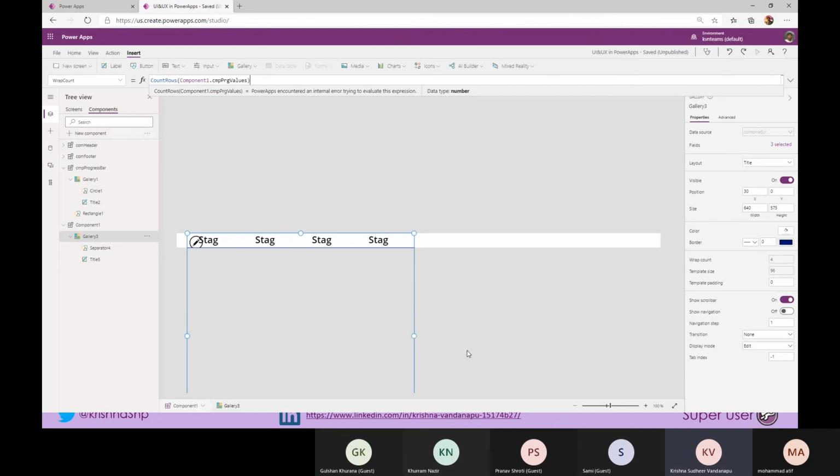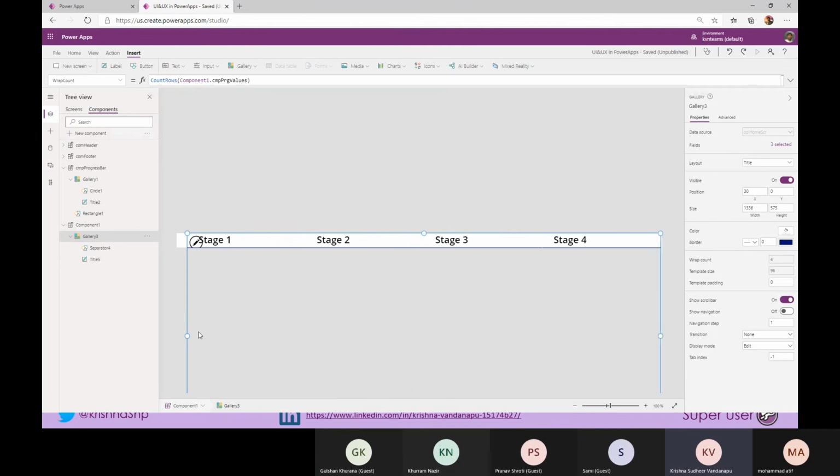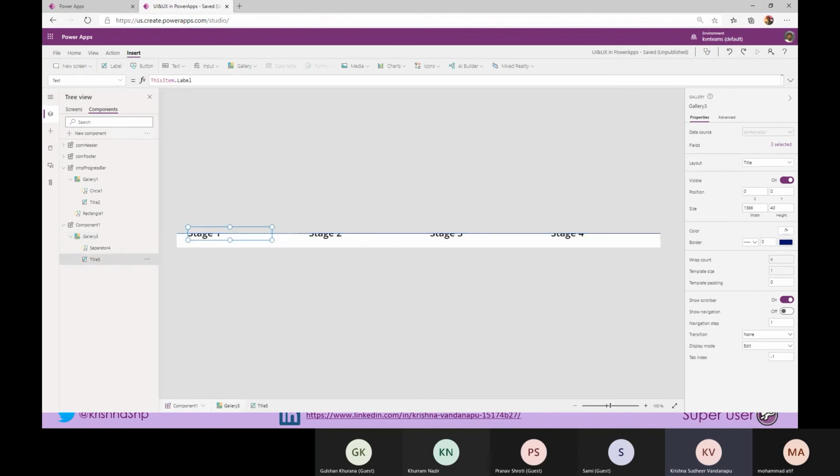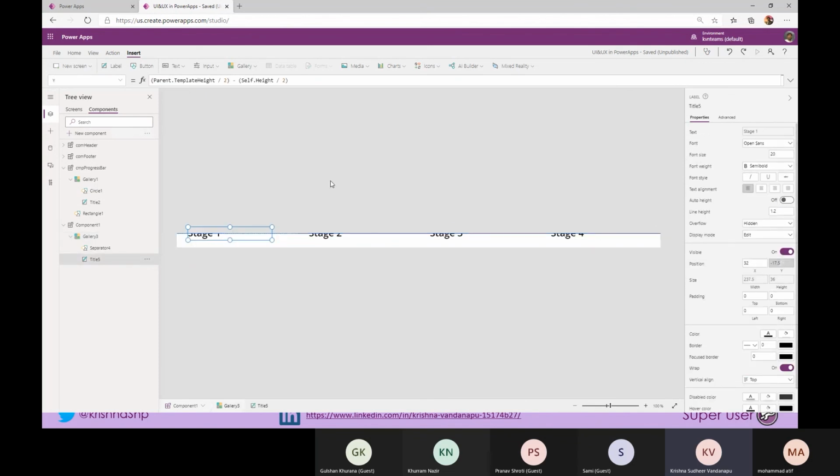So my gallery should show four values. It automatically changed that, and I'm changing my gallery height to 40, then going to the label and changing the label position to 0, probably 5, so that it will be center aligned.